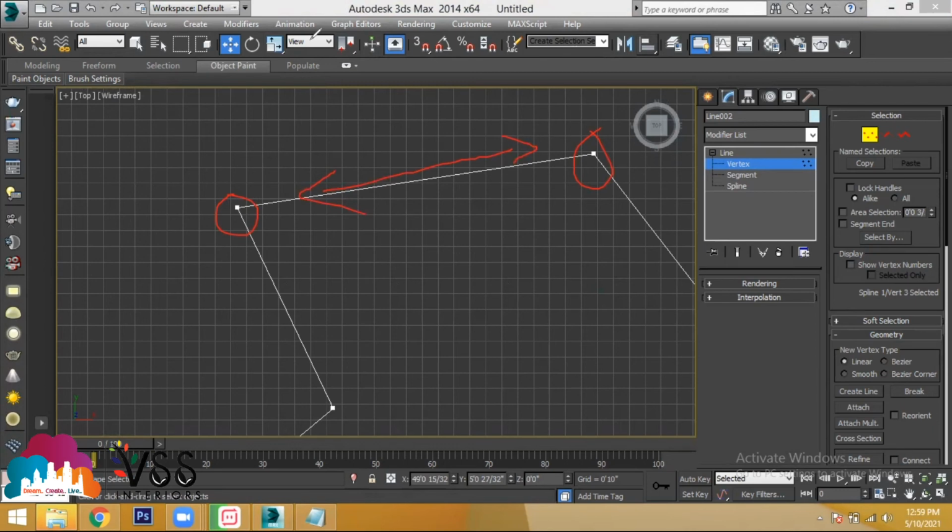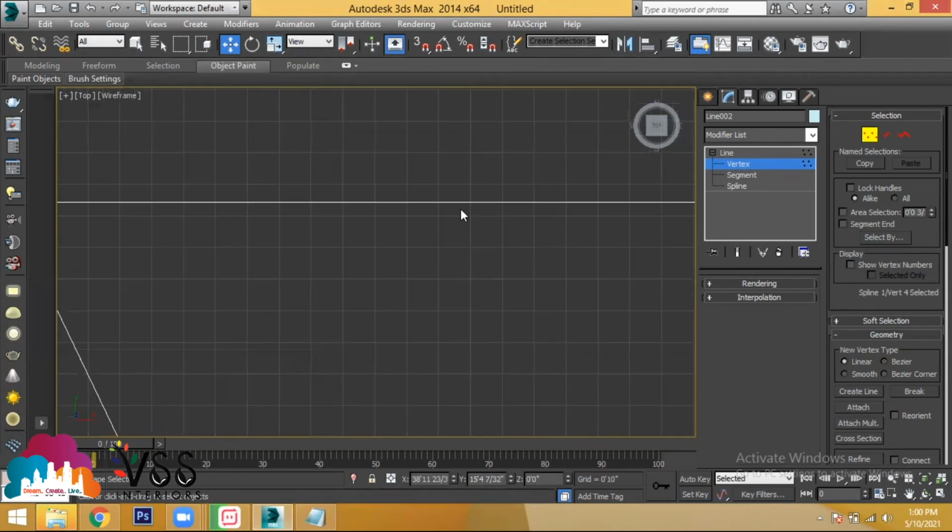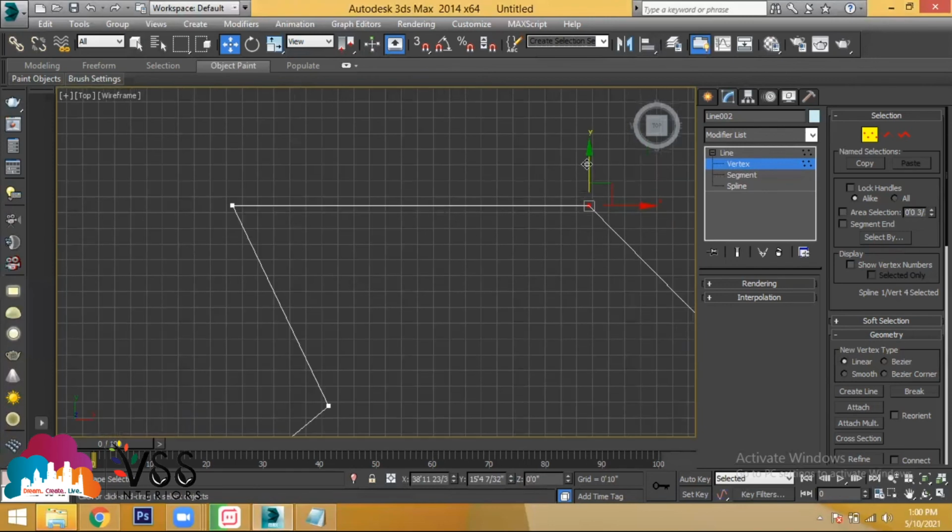To make this line straight, you have to select either this endpoint or this endpoint and move it in y direction. It means, let's say I'll select this endpoint and try to move it in y direction. Can you make this line to be straight? But by dragging the mouse, you can't put the line exactly straight. There will be a slight difference also. You can't make the line straight. There may be a slight difference.